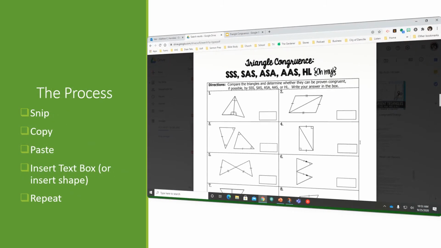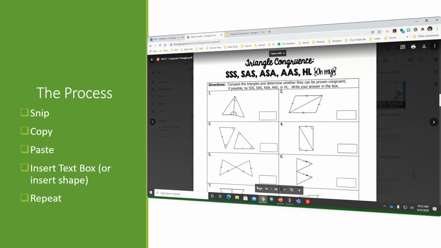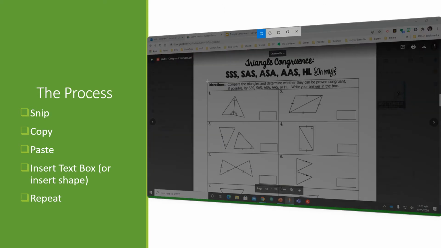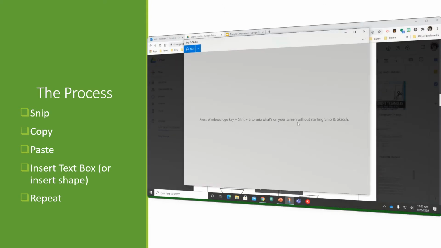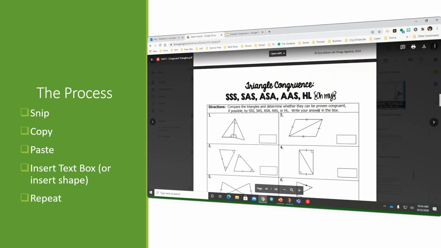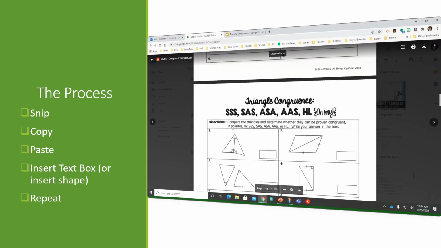All right, so let's go through the process here. So I have my PDF pulled up. I'm going to pull up my Snip and Sketch. I'm going to click New. Now, the first thing on the first page, I just want to have this particular part right here. Actually, you know what? Let me do that again. Let me minimize this. I want to scroll this down so it doesn't get that little piece there, and I'm going to include the